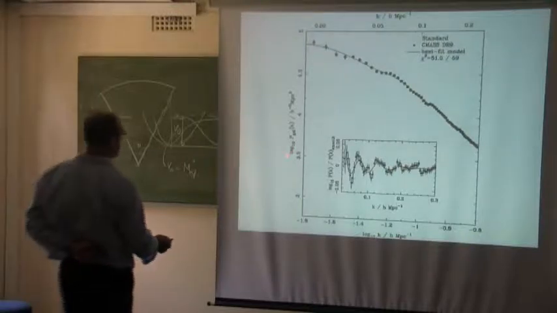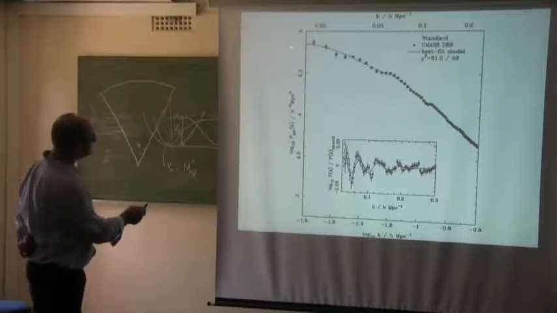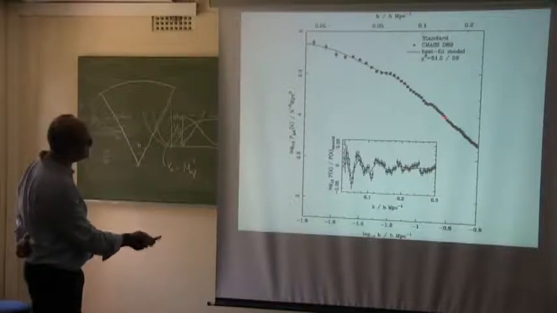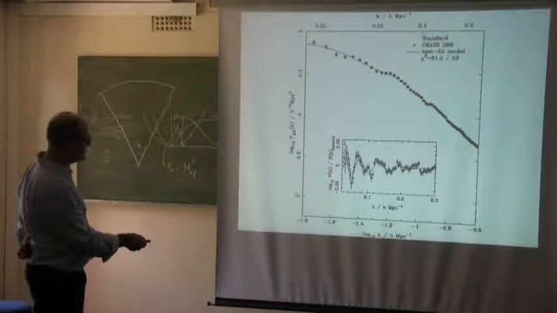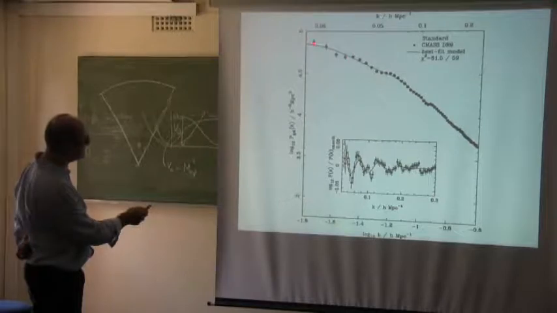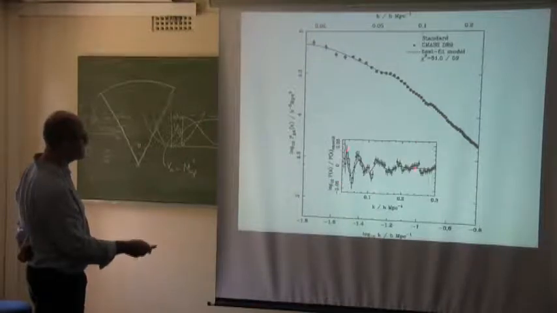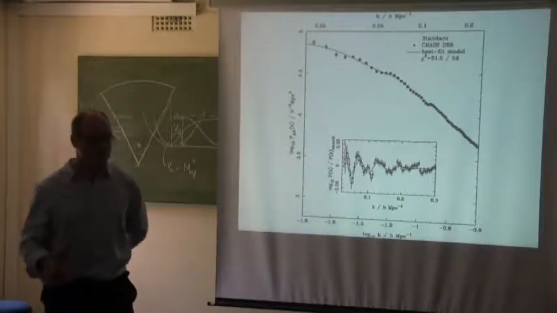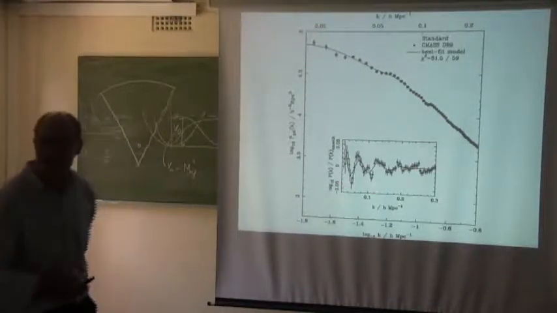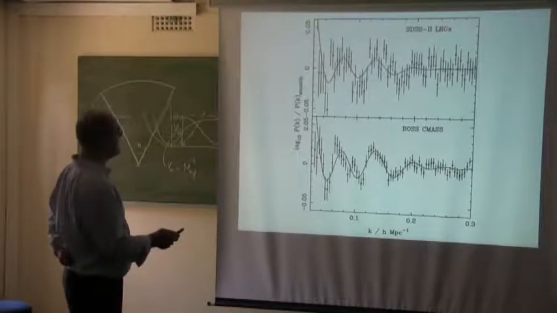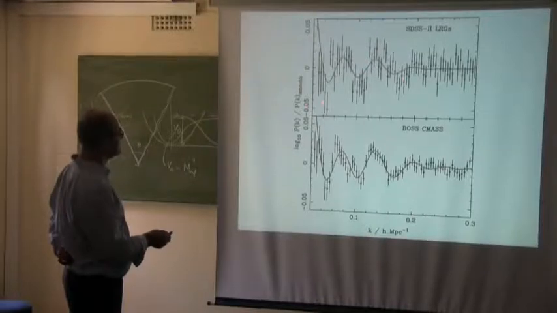Okay, so in P of k, what you observe is this. So this would be the curve, and you see that. Or if you divide by this smooth component, so all these fall as k to the minus 2, what you get is this. So it's clear that these acoustic oscillation peaks are observed not only in the photons, but also in the baryons, in the galaxies, and in the dark matter. The first detection with Sloan was this.